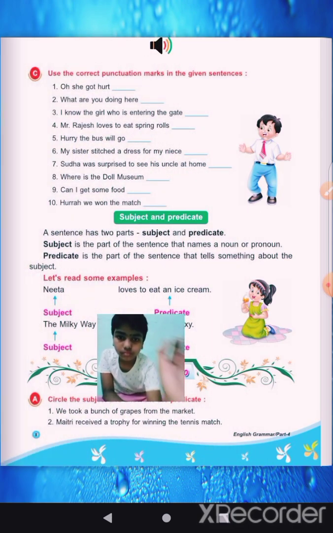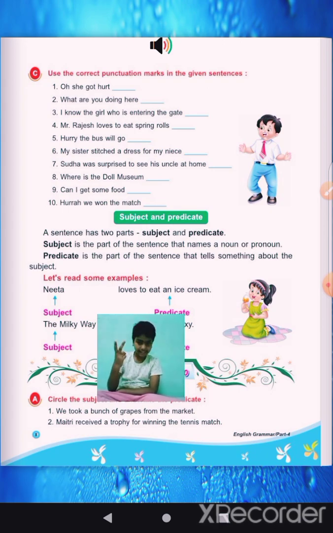Subject and predicate. The sentence has two parts, subject and predicate. Subject is the part of the sentence that